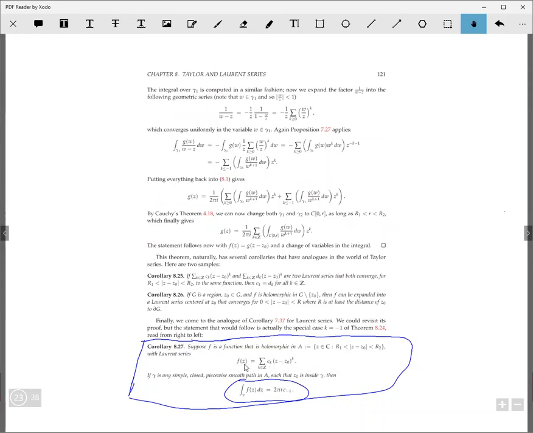If your function is expanded like that in a Laurent series, not a Taylor or Maclaurin series, then the integral is going to be 2 pi i times c minus 1. What exactly is c minus 1? It's the coefficient of the